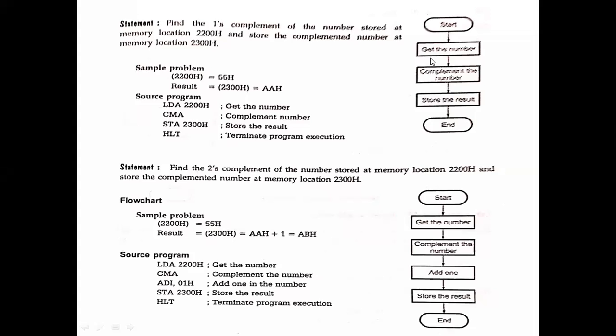So we already know that whenever we have to do any arithmetic operation, accumulator is taken as the reference point. If it is an arithmetic operation which involves two numbers, one of the operands must be available in the accumulator. But if you have to do any logical operation or arithmetic operation in which it is a unary kind of operation which requires only one data to be operated on, in that case also that number must be available